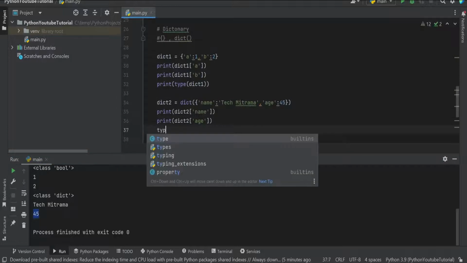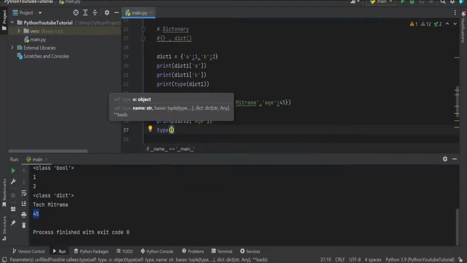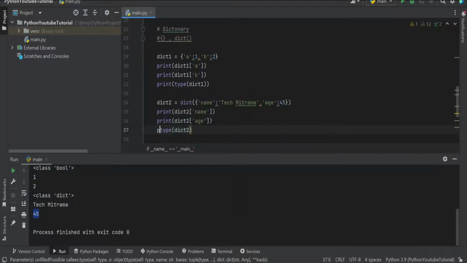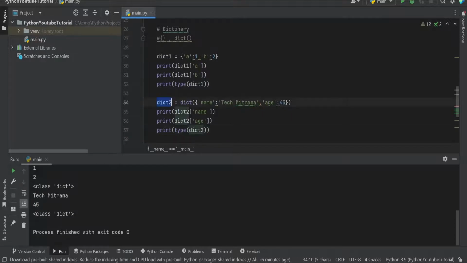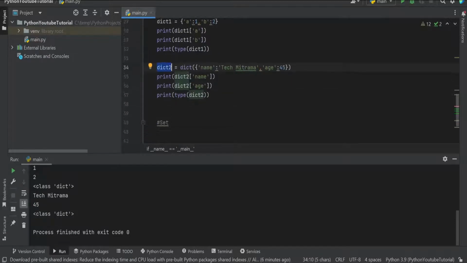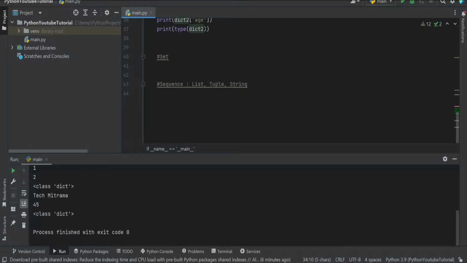In order to print its type, use the type function followed by print. If you see here, dict2 is of type dictionary. So moving to sets,